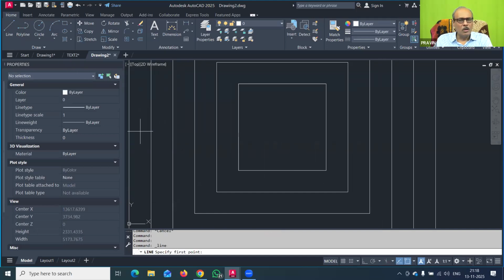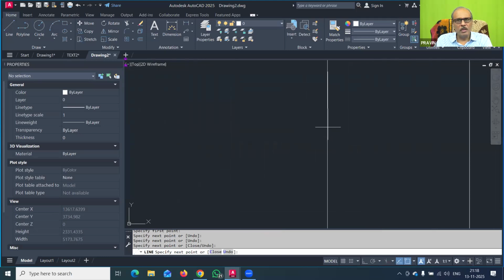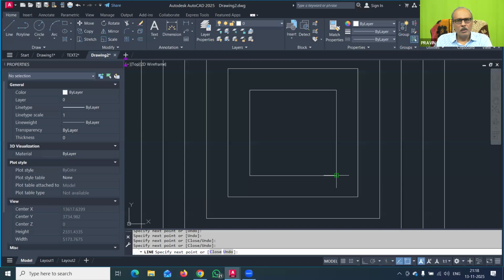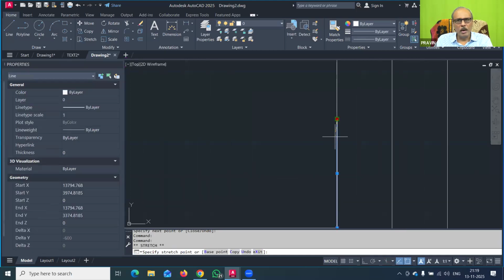Now I will start the line command here. I will draw a rectangle with the line command, and I will keep one space in between. Now this was completed. Now I will select this line and make it a little bit short, and I will create a gap here.